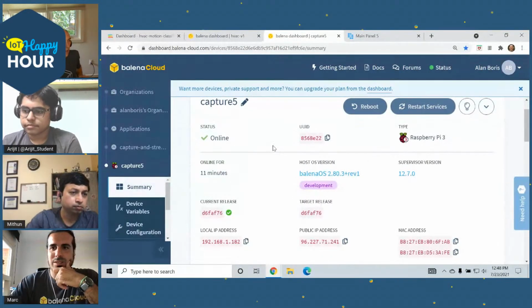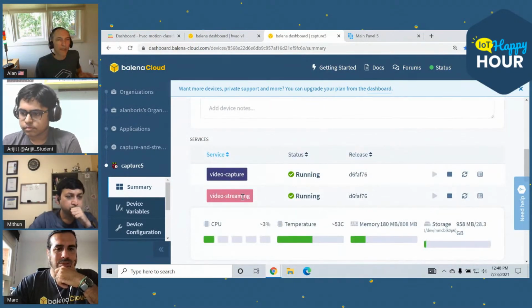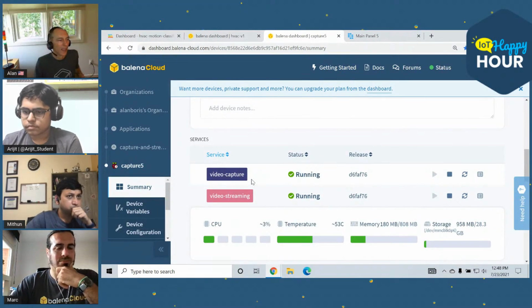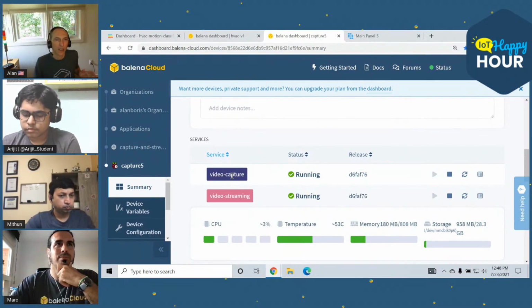And this is running something that we call the capture and streaming blocks. These are two new blocks that are under development. They're working. These are prototypes. They haven't quite been polished up yet, but these are blocks, and they work together. The capture block takes the output of a camera and creates an RTSP stream. Then the video streaming block takes the RTSP stream and creates a WebRTC. And these two work together.